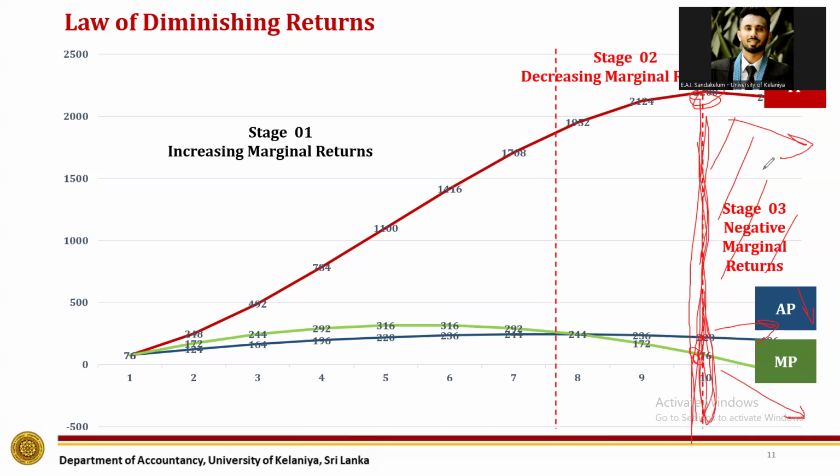So that means stage 3 is not good. At the point where TP is at its highest, your MP begins